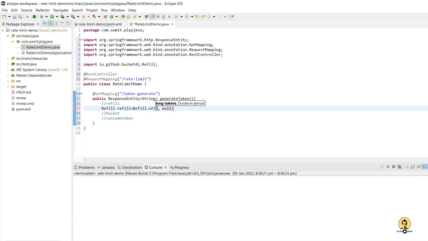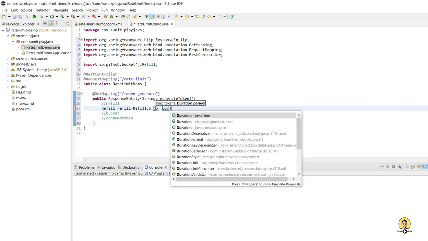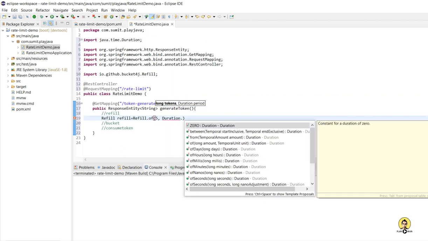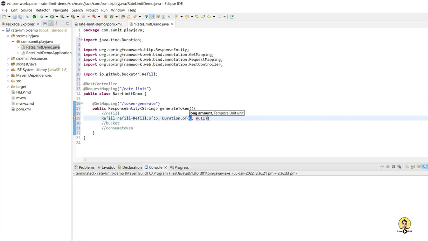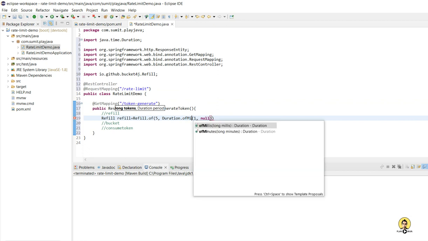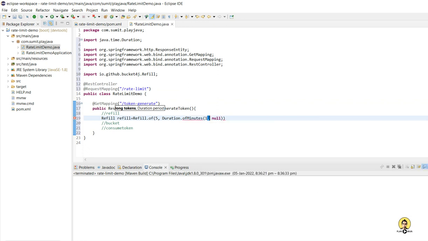So Refill.of, and I want 5 tokens to be filled with Duration.of, and what duration I want, per minute. So I'll provide 1, and the type of duration I'll provide as minutes. So Duration.ofMinutes as 1 only, and it will be the rate of refill.